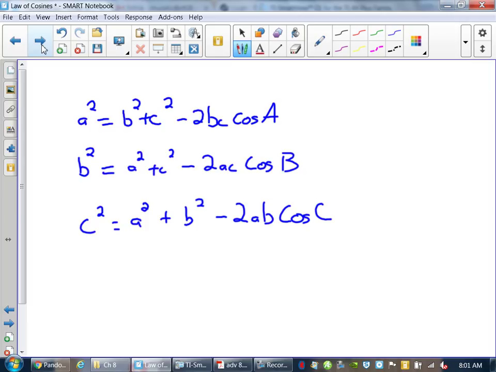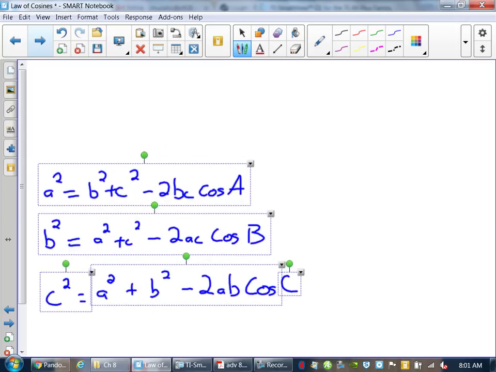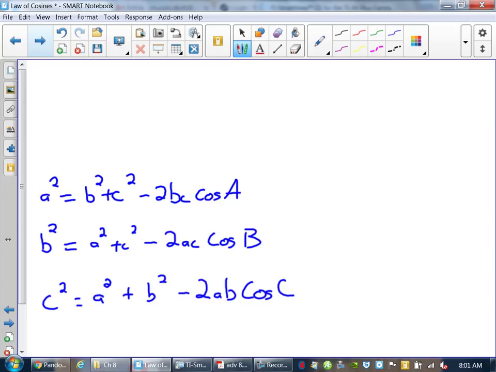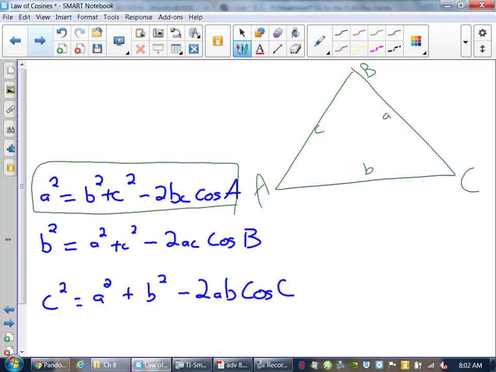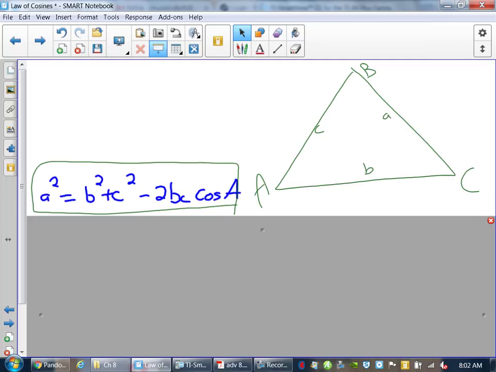There are three versions of the law of cosines. Law of cosines is basically taking, we do this one at a time. I'm going to write it out a couple times here. What I want you to see here,